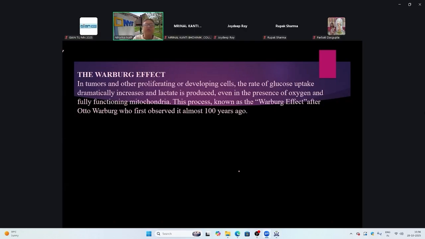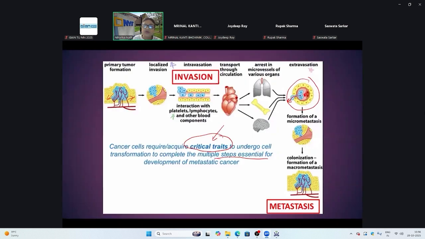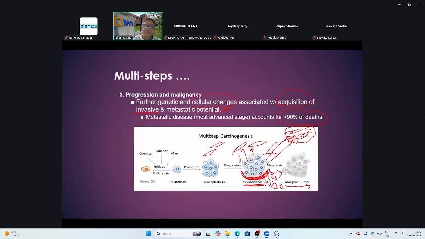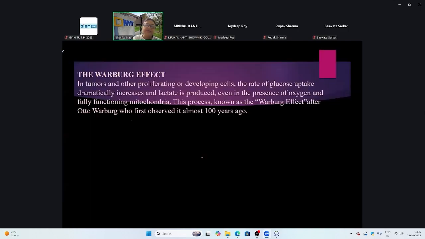So in the tumor now, that is a very small tumor. It is trying to develop further. It is trying to grow bigger. It is trying to get larger. It's trying to establish. So here in this diagram that I showed you, in promotion and progression, when it's trying to get bigger and establish itself, so what's going to happen is that